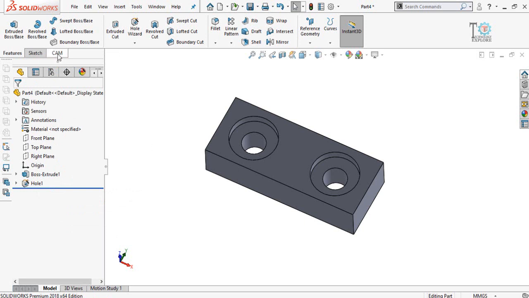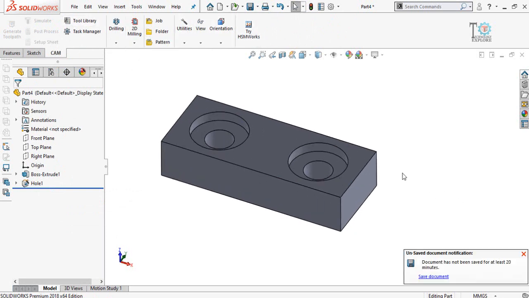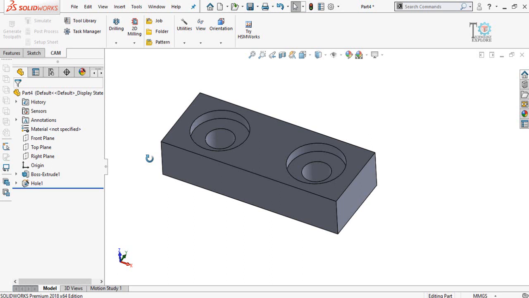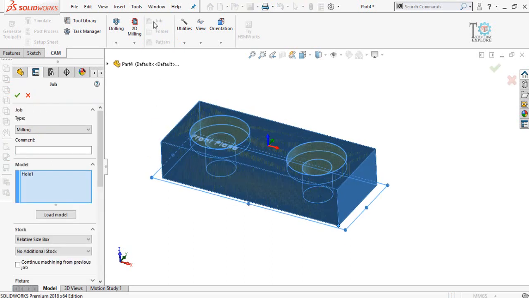After that when you open this CAM tab, you will find some options here. In CNC machining, first of all we have to define the job, what we are going to do. So for that select job. As soon as you select the job button, you will see these options on the left side.